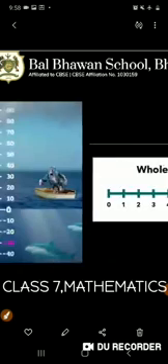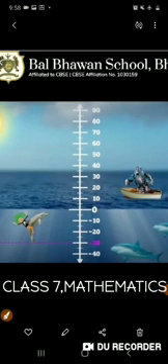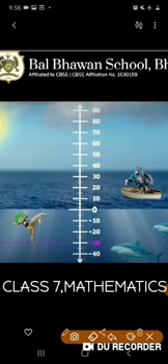Okay, but children, after this there are some more queries. What are they? Let's see some more examples of our daily life. Look at this example, children. This picture shows the height above the sea level and below the sea level. Below the sea level means the depth of the sea, and this shows the height. If something is below the water level, how will you represent it?